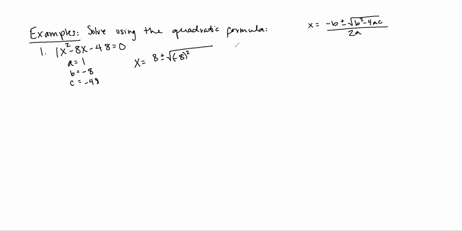But I'm going to break this down into all the little steps. Minus 4 times a, which is 1, times c, which is negative 48, all over 2 times a, which is 1. Now, what you want to do first is simplify the inside of the radical. So I'm going to leave this 8 plus or minus, and now on the inside,